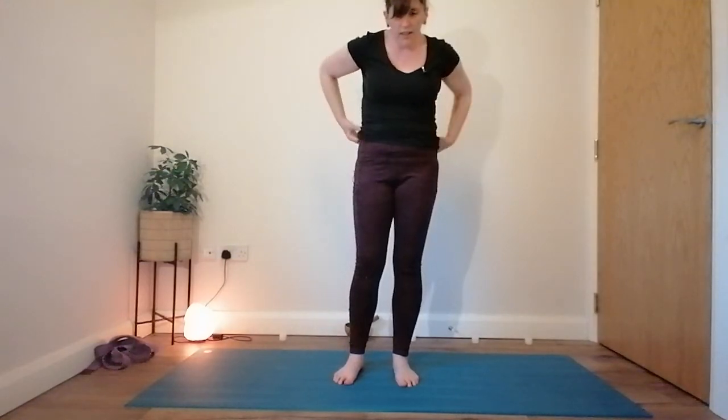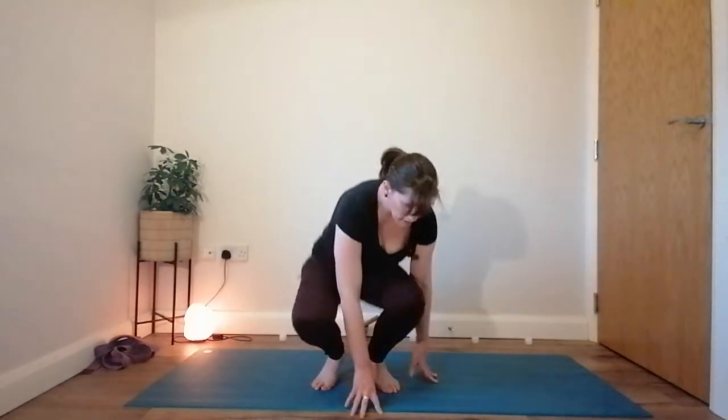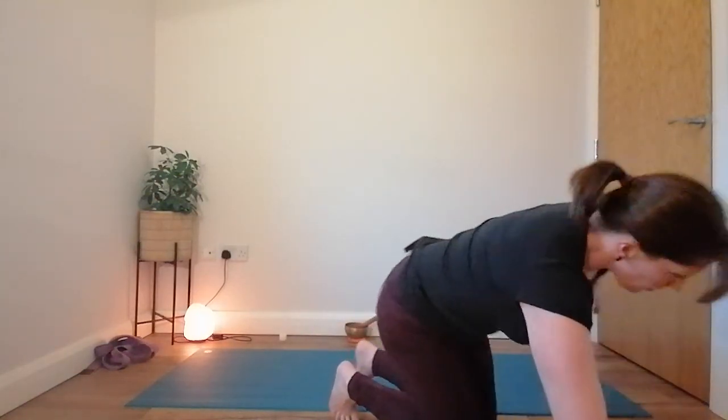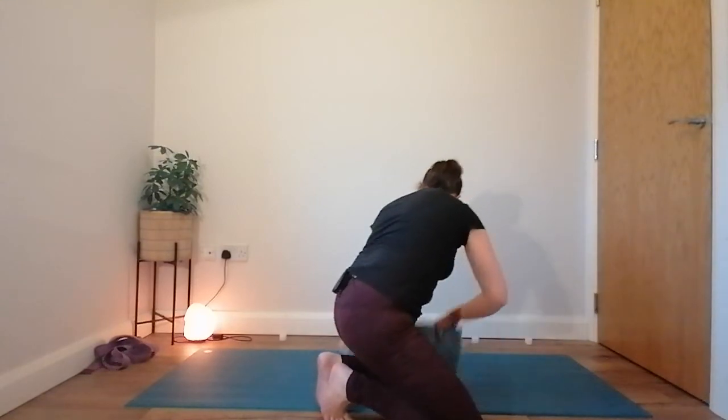Okay. So we're going to come down onto the floor now, and we're going to stretch it out a little bit more. We're going to come into Baddha Konasana, cobbler's pose or butterfly pose. So bring the soles of your feet together. Actually, before you do that, either sit up on a cushion. I'm just going to grab something, or a blanket if you have one,